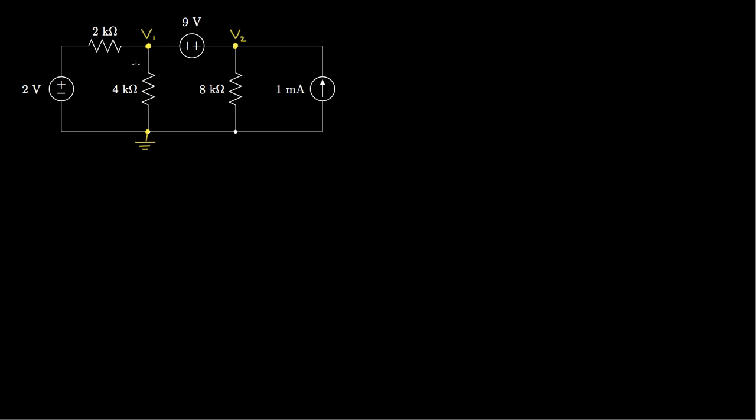Now if we begin writing node voltage equations for the node with the voltage V1, for instance, we'll run into a problem when we try to define the current flowing through this 9-volt source. At first that might seem frustrating, but with a little thought we can see that the source provides a simple relationship between the node voltages V1 and V2. In particular, V2 is V1 plus 9 volts. So if we write that relationship,